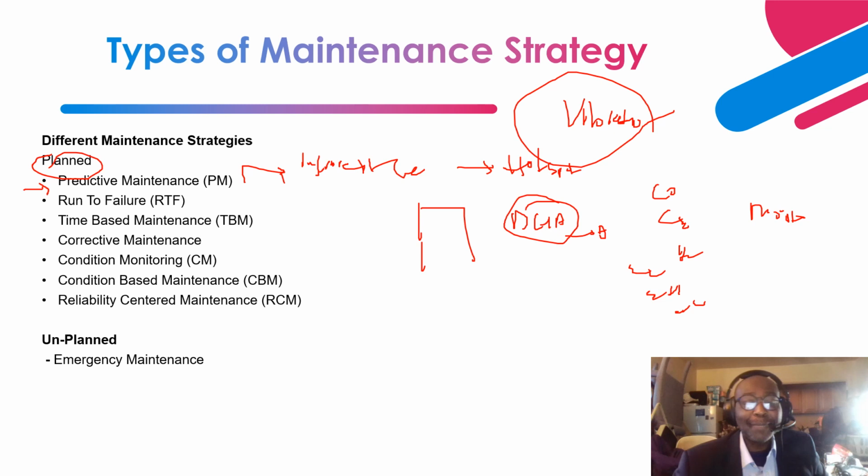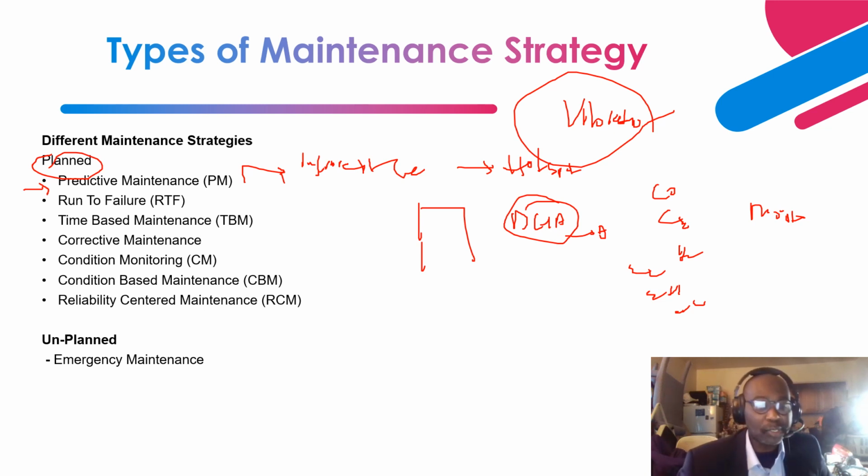So let me emphasize it again. The first one is infrared thermography. The second one is DGA and moisture level. The third one is vibration for motors, right? Then for the infrared thermography, you can also utilize it for power transformers to determine the efficiency of cooling in the radiator. You can also use it to determine hotspots for your connections inside the transformer and also for your bushing connections to the external